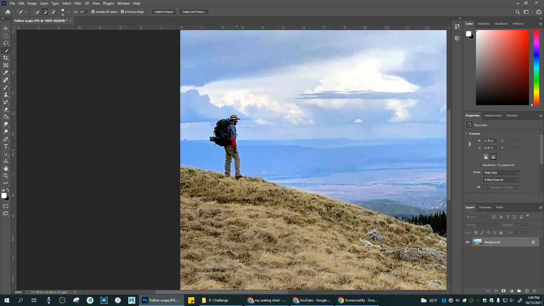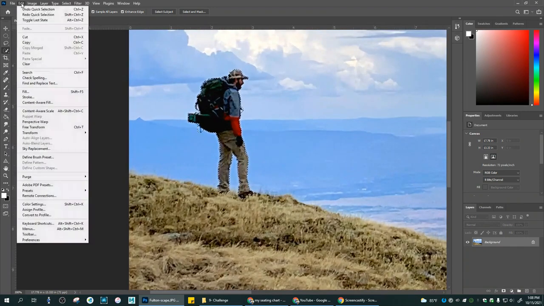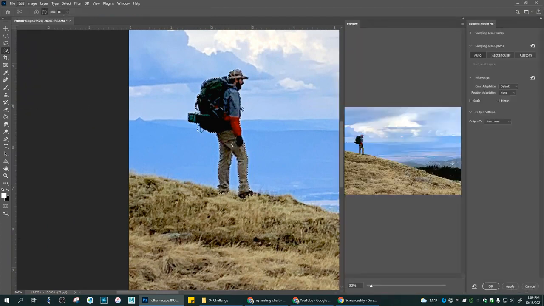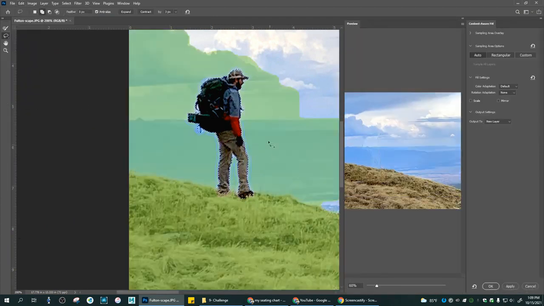What we're going to do is called a content aware fill. And so with this selection, what I want to do is go to Edit, Content Aware Fill, and see how this works. So what I could do here, I could select around myself even more with the lasso tool, which is selected right now. I could tell the green here is what Photoshop has decided is going to be good to replace